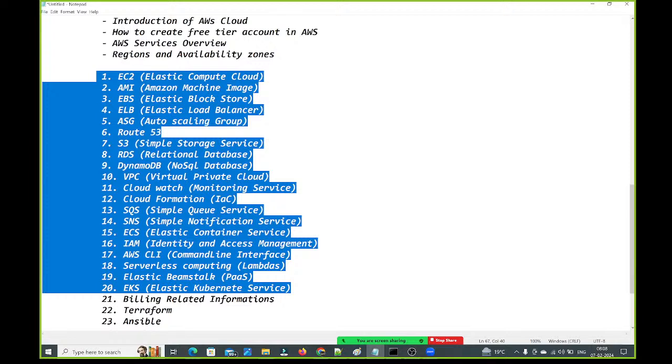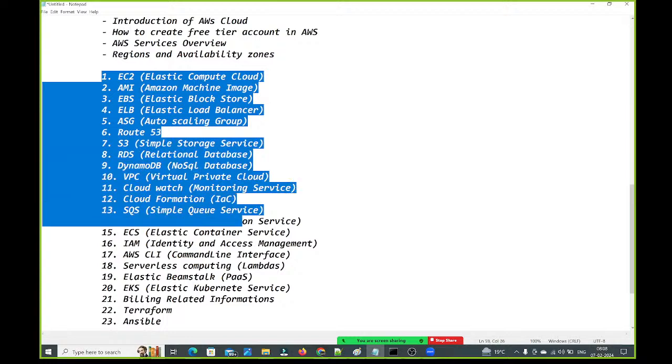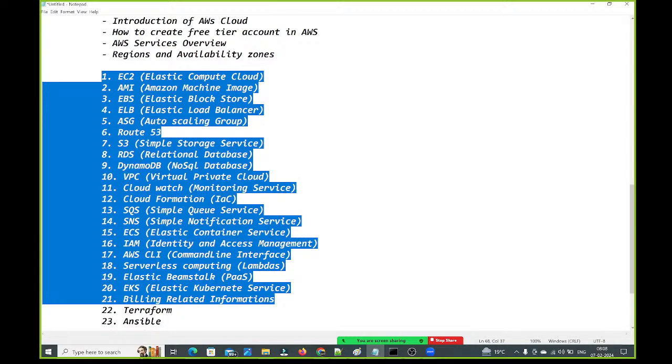Whenever you create the account in the AWS, you will get one user interface to log into the AWS cloud and to use all these services. If you want to understand Terraform, first you should practice all these things in the user interface, then only you can understand the Terraform, guys. That's why I'm discussing this Terraform after completion of AWS.